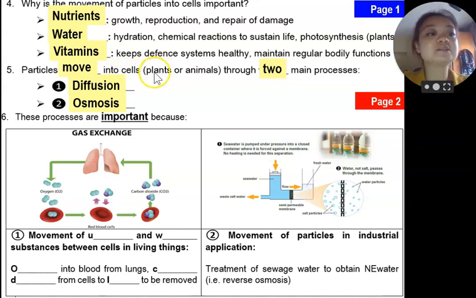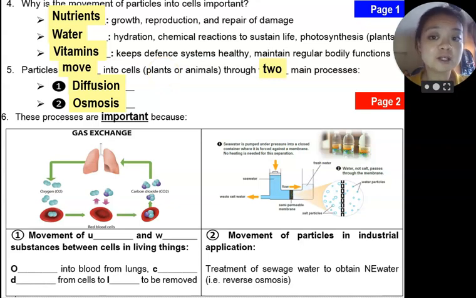Okay, so why is diffusion and osmosis so important? Now, when you breathe in, you actually take in oxygen from the atmosphere, and when you breathe out, you're actually removing carbon dioxide, which is a toxic gas. So oxygen enters your nose, but it doesn't stay there. It has to go into your body cells, right? So how in the world did it come from the atmosphere to your nose, into your lungs,